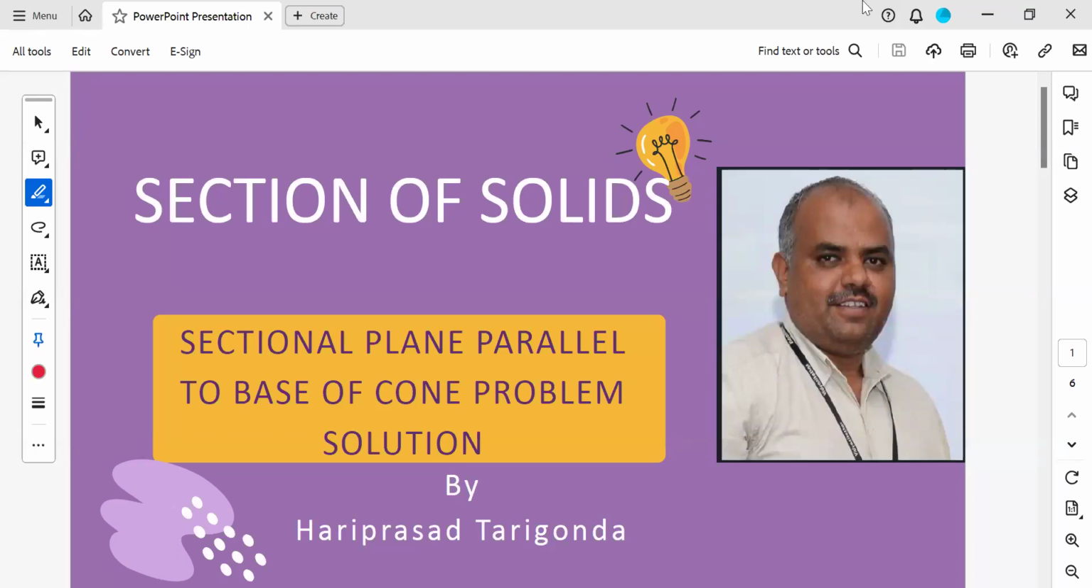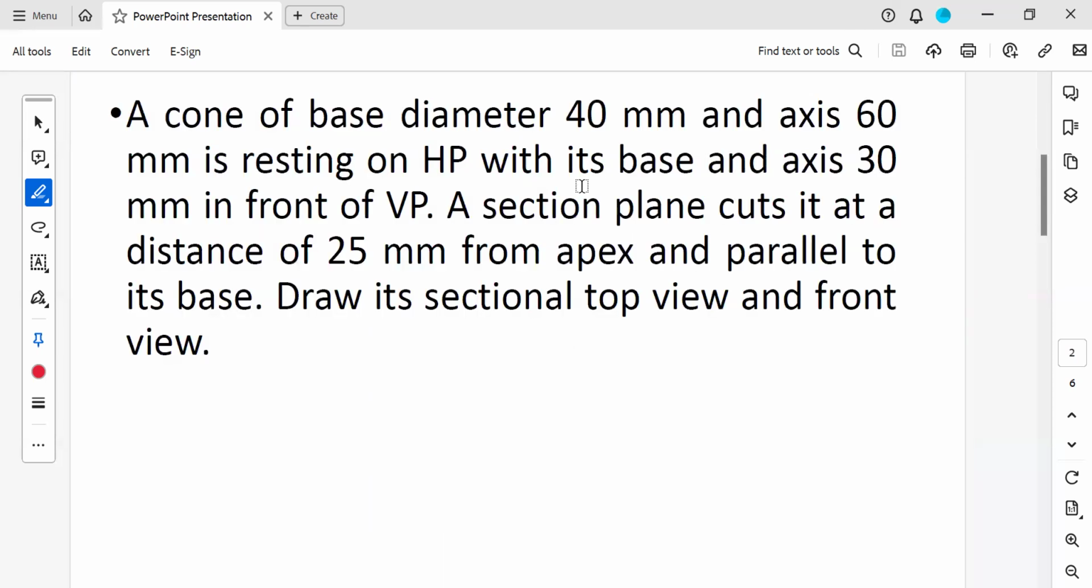Hi, good morning. Today we will see the section of solids. Sectional plane parallel to the base of the cone problem solution. So this is the problem which is asked by one of the students. The problem is